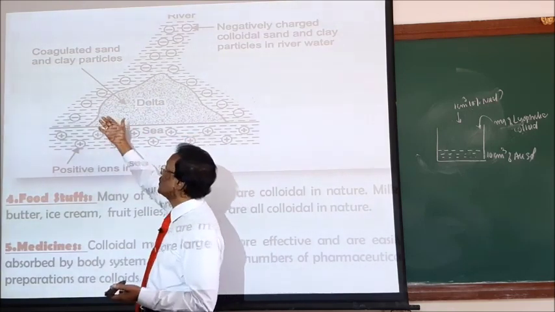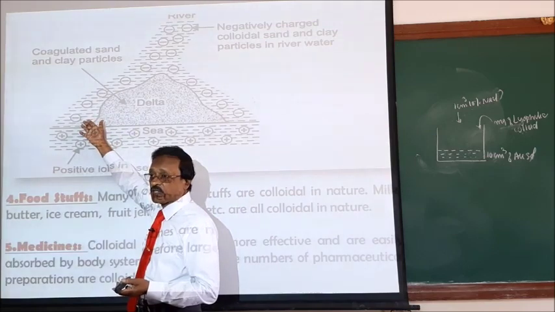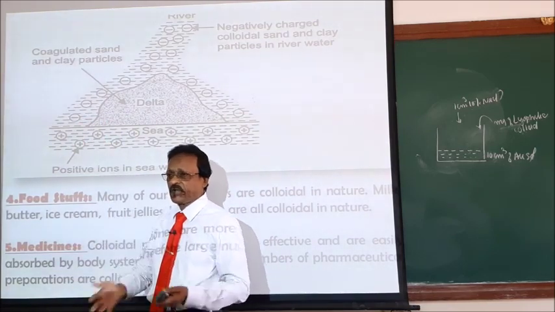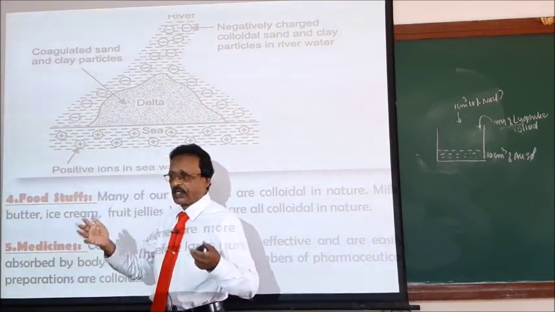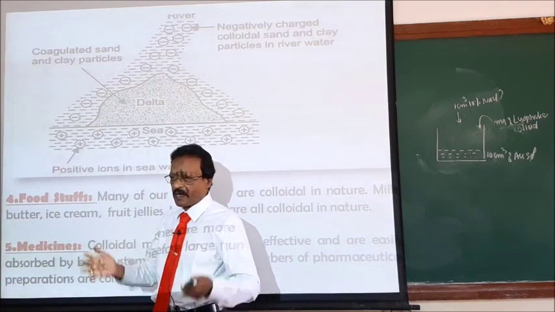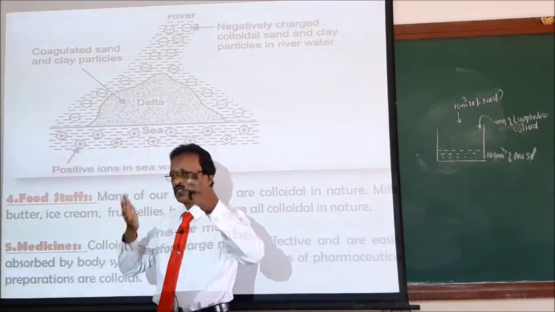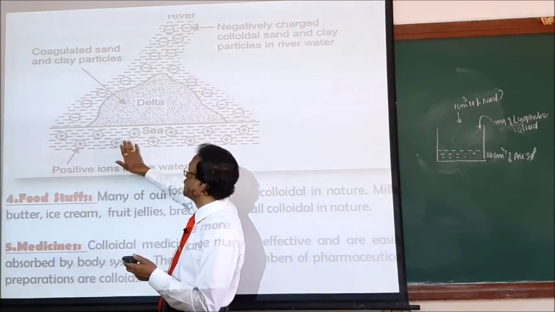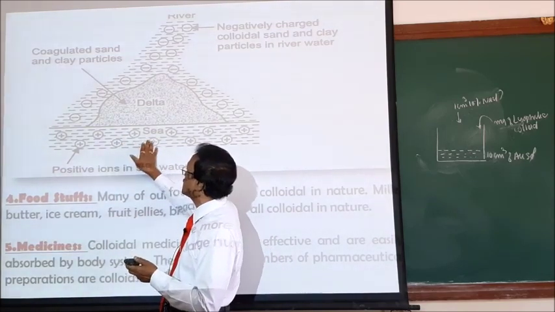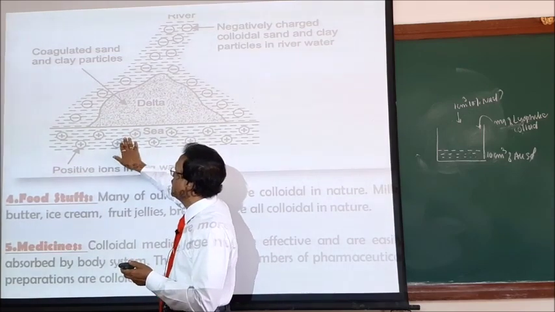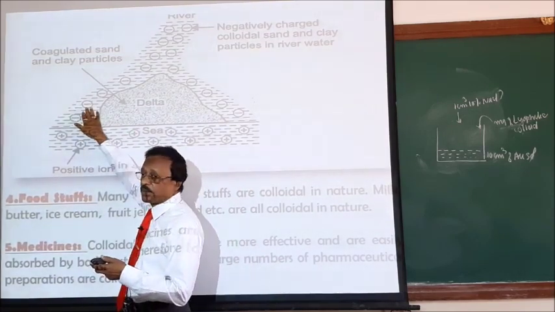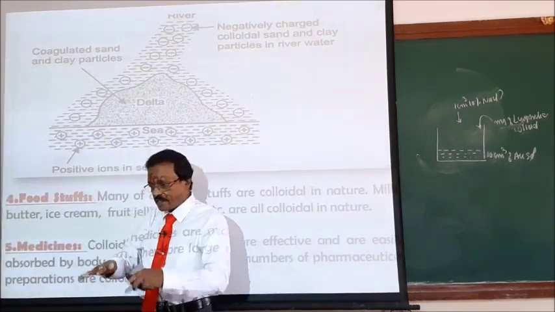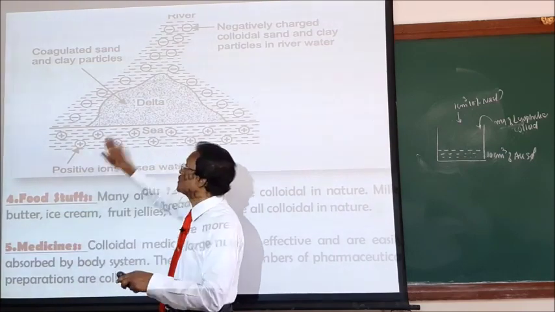Look at this. River water contains colloidal impurities. It carries all the particles on its way: animals, humans, dead particles, plants, everything, for a long distance. They are all colloidal particles. But sea water contains sodium chloride, Na plus and Cl minus ions. So this salt of the sea neutralizes the colloidal impurity. Coagulation occurs. They settle in the form of a rock. So this is called the delta formation.